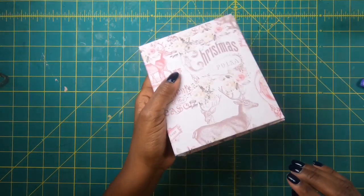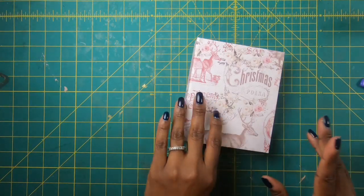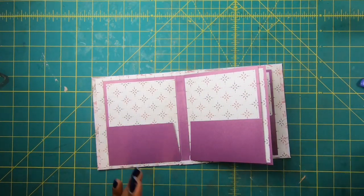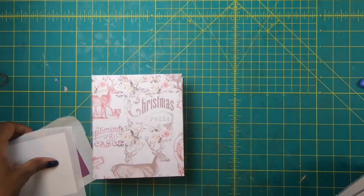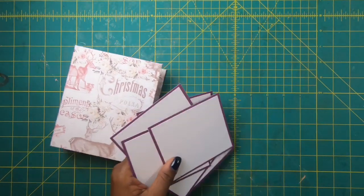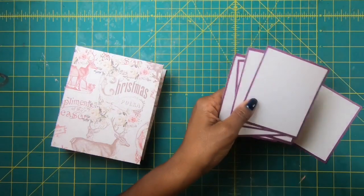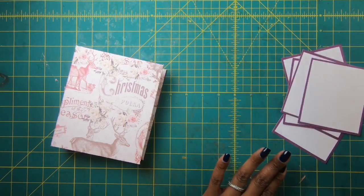It doesn't get any easier than this because now we have a mini album and we get to have the fun of decorating this. So I am going to show you guys what I did. Okay, so then what I have for my book is I made some mats, and it's not necessary for you guys to do this. You can decorate your book however you want, but I did go ahead and pre-mat some white pieces